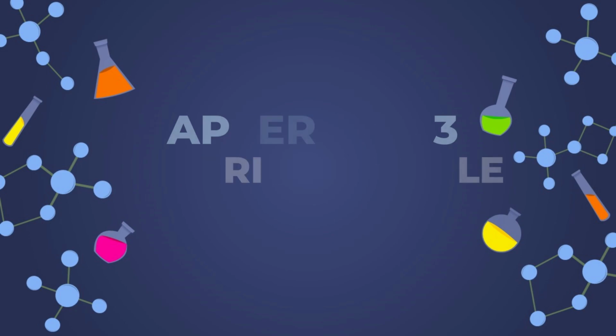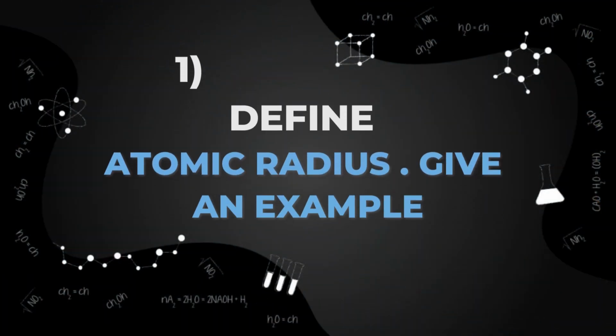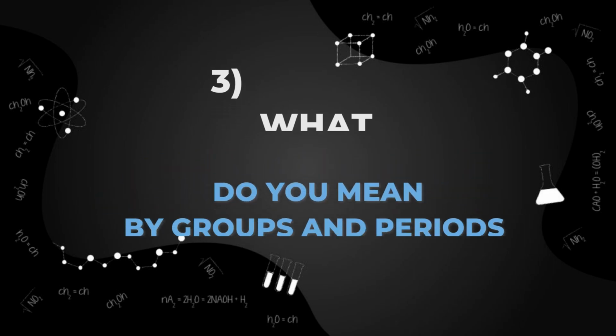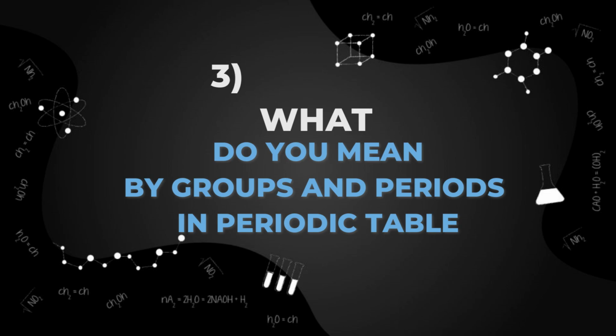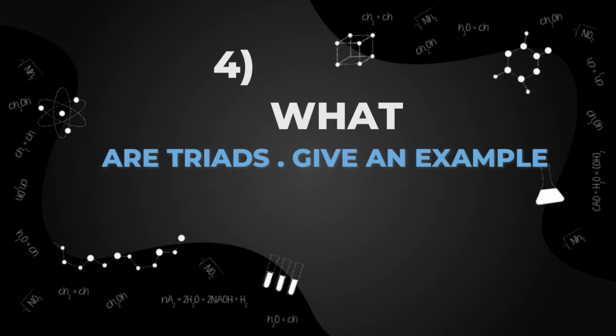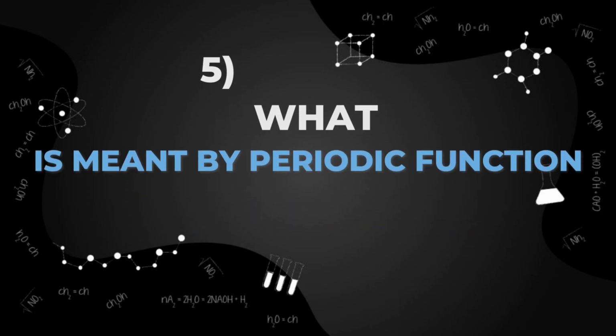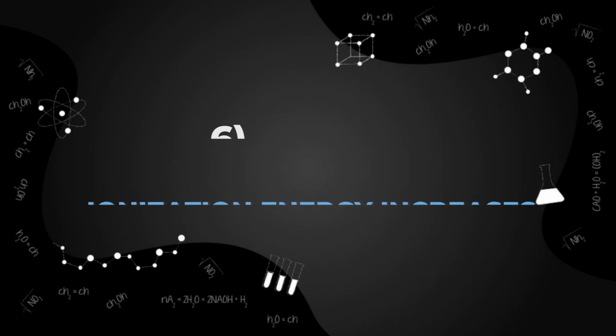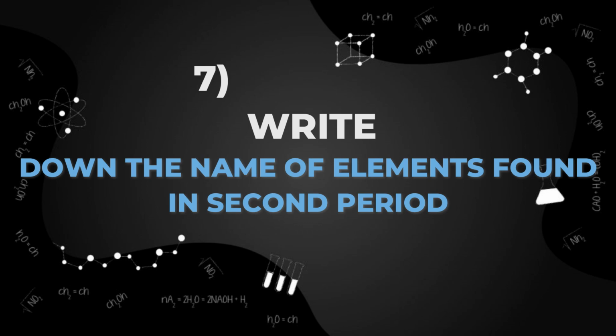चैप्टर नंबर 3 है हमारे पास periodic table and periodicity of properties. इसके short questions हैं जनाब. Define atomic radius, give an example, why the elements are called S and P block elements, what do you mean by groups and periods in the periodic table, what are triads, give example, what is meant by periodic function, why ionization energy increases from left to right in a period, write down the name of elements found in second period,